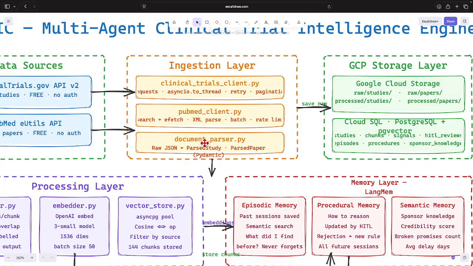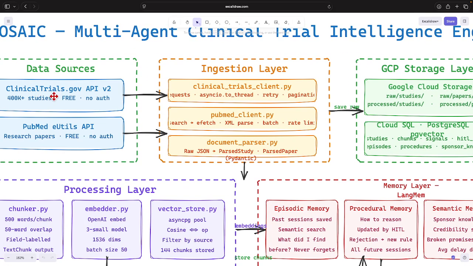The first file, clinical trials client, talks to clinicaltrials.gov. It performs communication with this database and downloads the study records: what the study was promised to measure, who ran it, whether the results were posted, when it was completed,